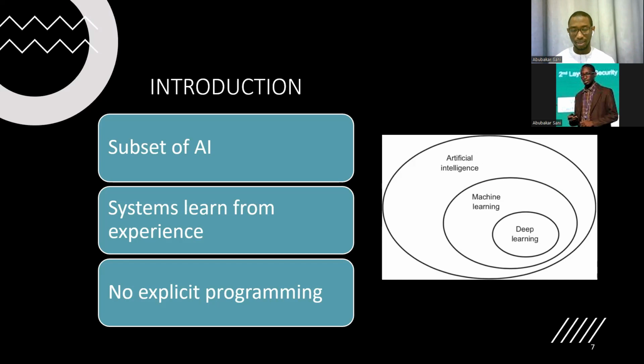And in machine learning, when we talk about it in relation to AI, we are talking about those systems that learn from experience. So they require some historical data, which they will take a look at. And based on this data, they learn. And by doing that, we do not need to explicitly program them, because they can learn from data. We do not have to write instructions explicitly to say when this happens, this is what you will do.